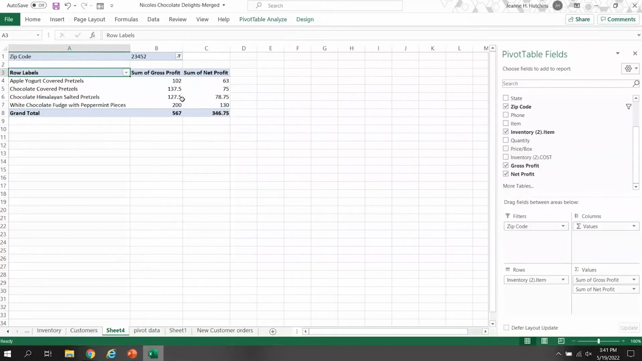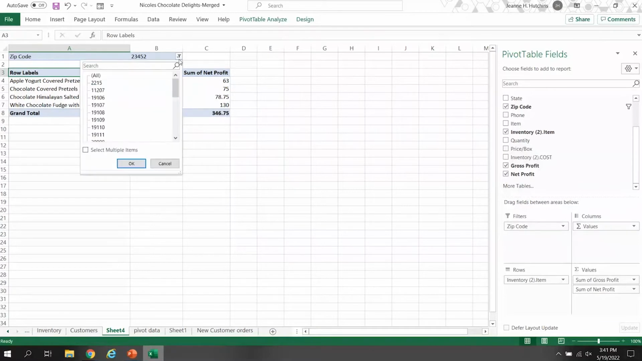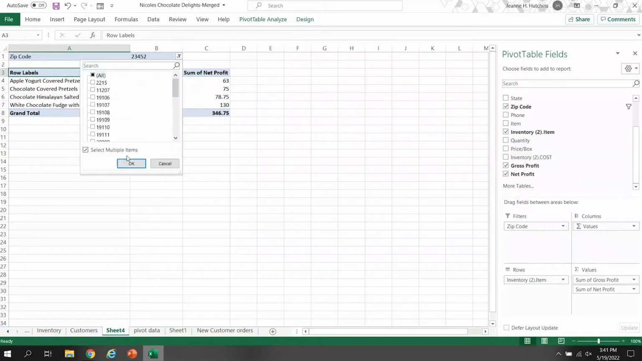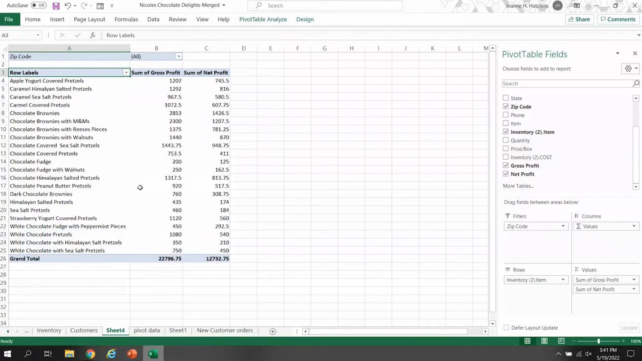And there's the gross profit and the net. Go back, you can see I'm sorting, I'm filtering on this. You see the funnel, you see that little dot there. So I'm going to go back and select all. I didn't lose any data. Everything's still there. And when I go back and select all, I have all my items, all my customers are